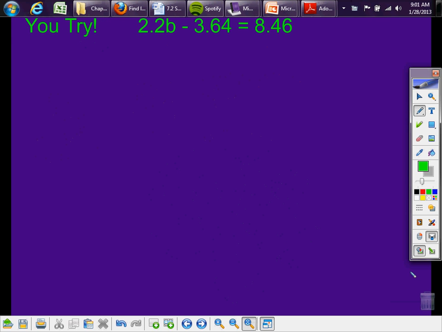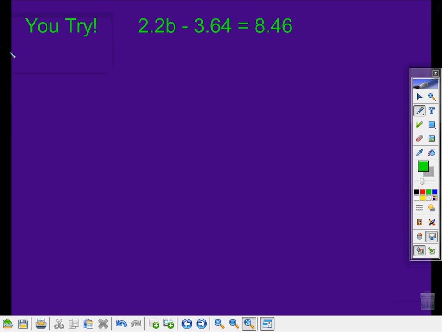This one, 2.2b minus 3.64 equals 8.46. Okay, so we're gonna move them all over twice. 1, 2, 1, 2, 1, 2. So we get 220b minus 364 equals